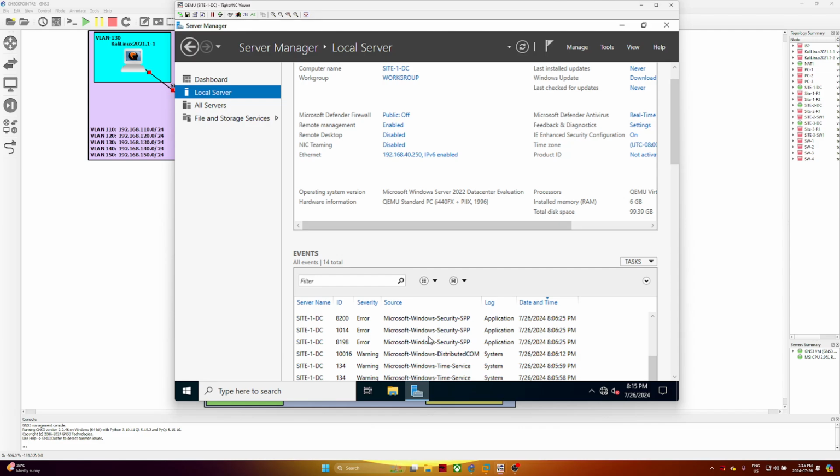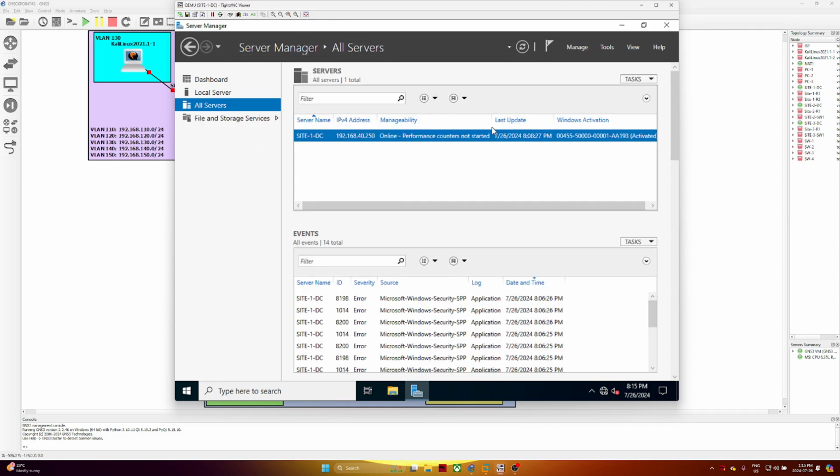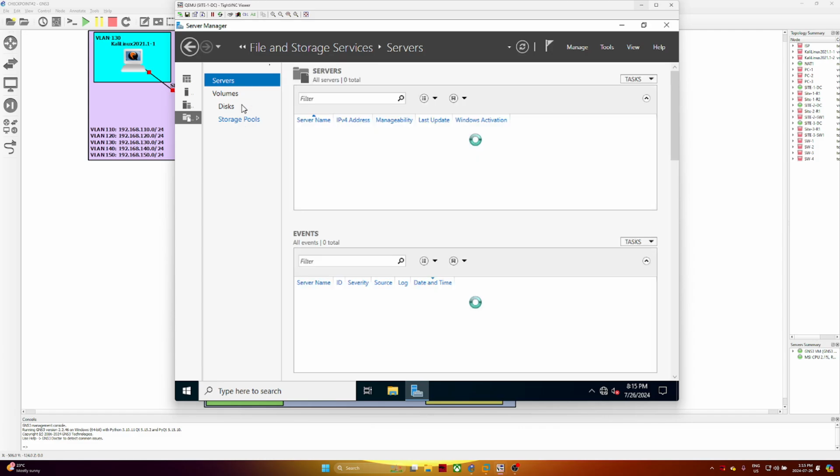We see some security events here, which is fine. We don't really need to be worried about this. And once we have everything running, when all three servers are able to connect to each other, we will see the other two servers here as well. But right now, because the routers and switches are turned off, we won't be able to see them. And because they're not domain joined yet either. So let's get started on the